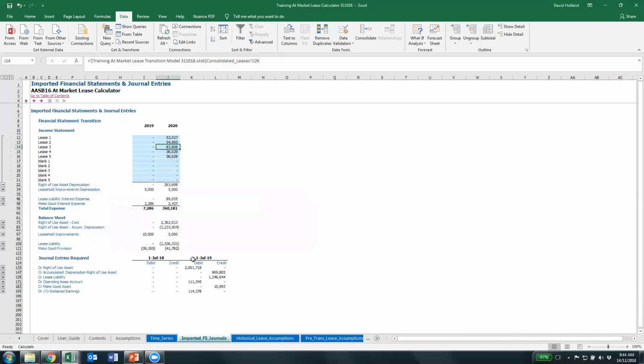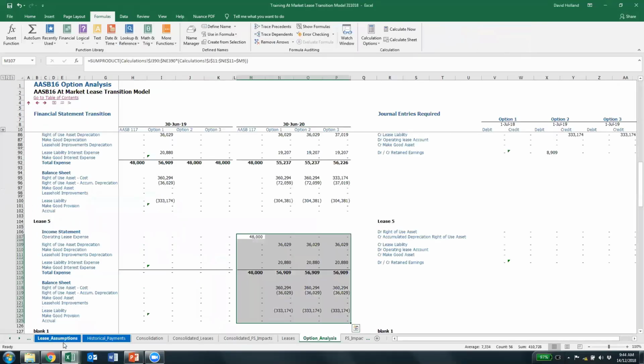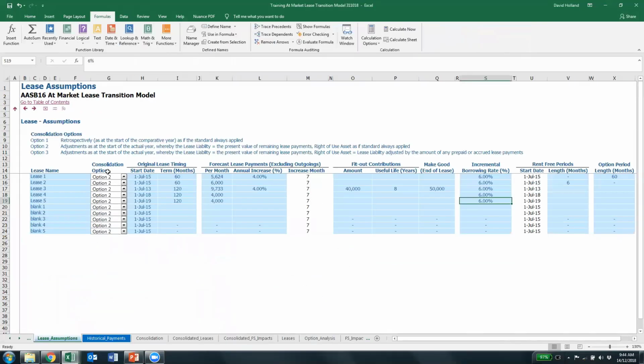and it will bring all that information through. What I'd like you to check is to see whether or not you have the same information there for 1 July 2019. That is all of the journals, all of the 5 examples coming through. Now, what you might find is that, in fact, you have some slightly different numbers. If you do, I'd like you to go back and to check